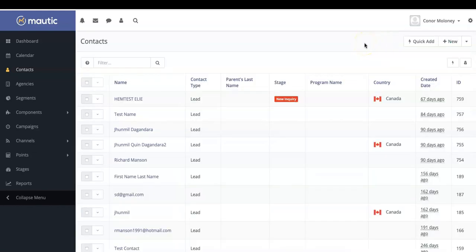Both options allow you to add information to the same form fields, but their layout is different. If you ever want to edit the contact, simply find its name in the contact database, click the drop-down menu, and select Edit. You can learn more about editing contacts in the Mautic CRM section of our website, which is